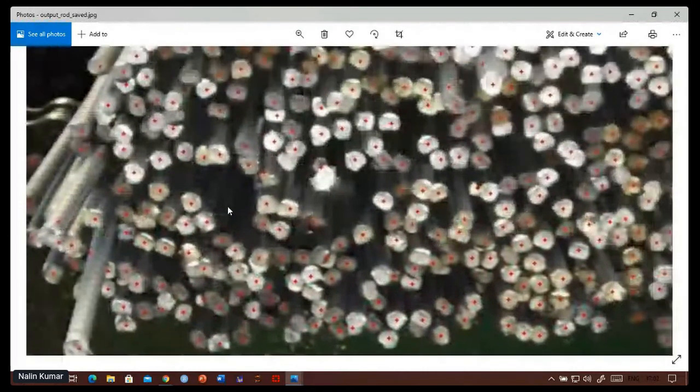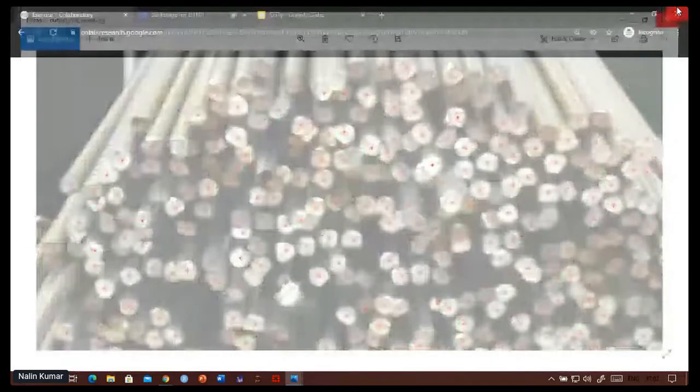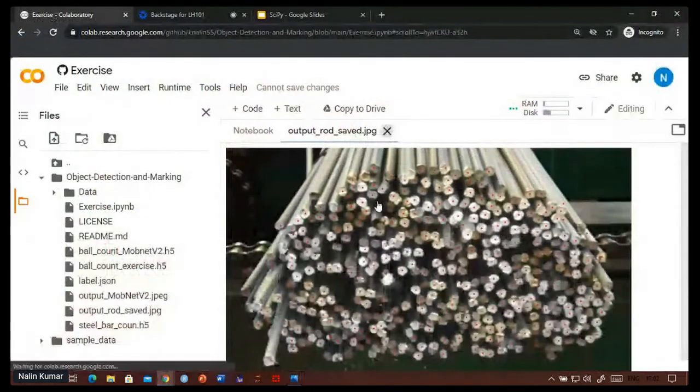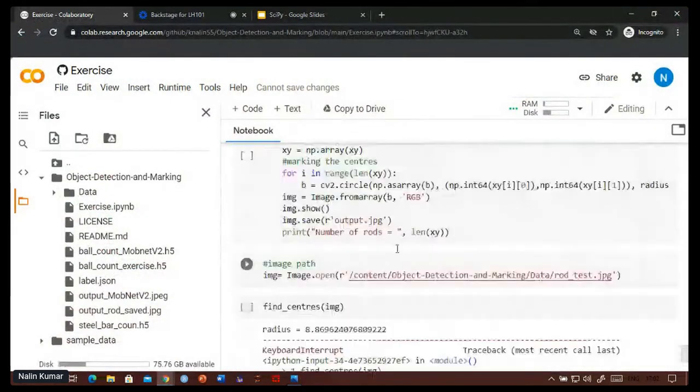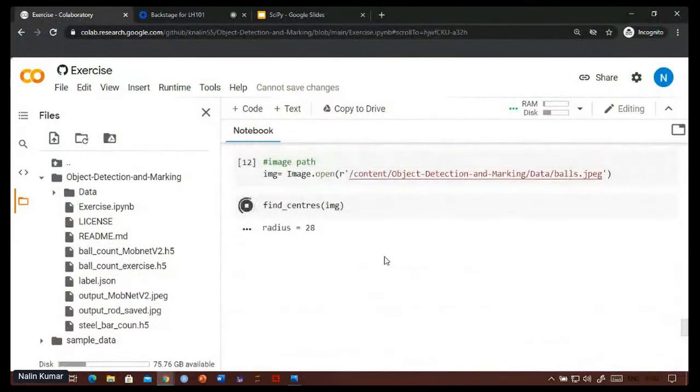You can see even the ones which are in shadows, or overlapped by some other one, are marked. This process takes a bit of time, but yes, it is pretty decent.